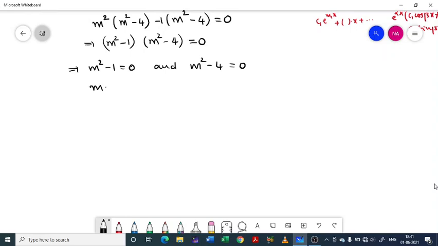So m equal to plus or minus 1, and from the other, m square equal to 4, so m equal to plus or minus 2. So the roots are, you can write in this form, or m equal to 1, minus 1, 2, minus 2. So real roots, and all the roots are distinct. Hence y equal to,